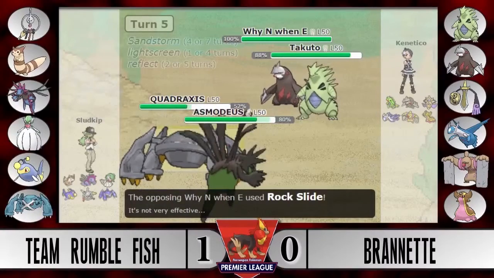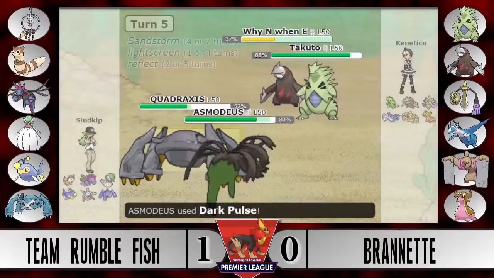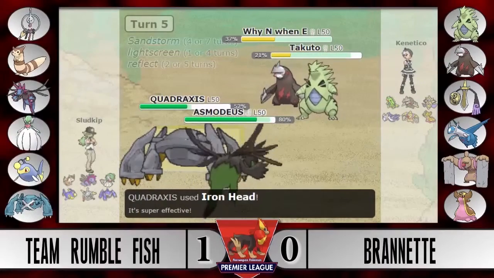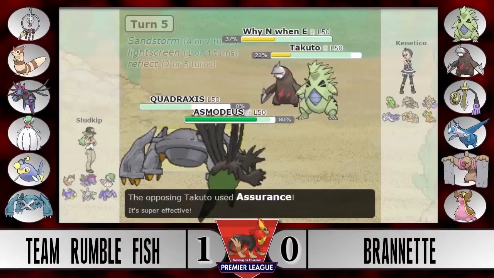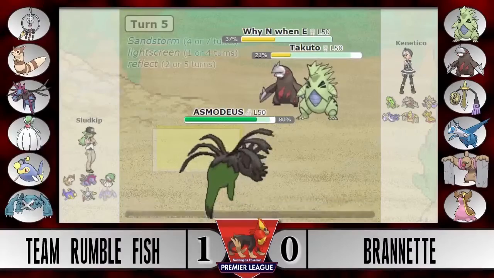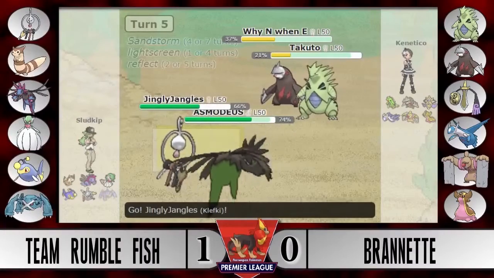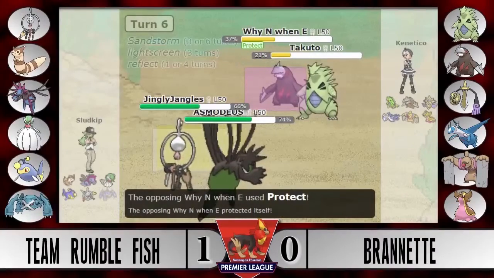Excadrill now goes into Rock Slide mode, hoping to get some flinches off. Does not get the flinch on the Hydreigon, and also not on the Metagross, but the Assurance comes out from the Tyranitar, boosted by the fact that the Metagross was struck by the Rock Slide earlier. So that little damage that you got from the Rock Slide ended up being pretty detrimental for